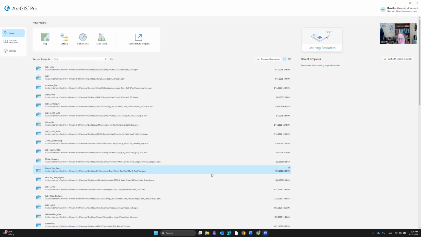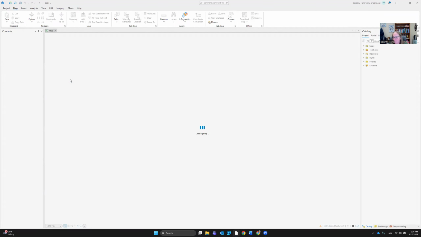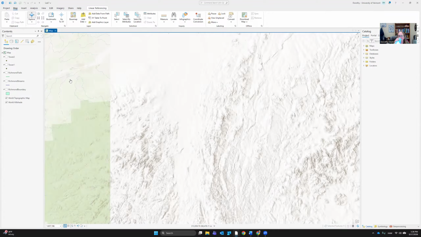I'll go ahead and share my screen so you can see what I'm doing. So right now I'm just opening up Lab 7. I have already attached the data